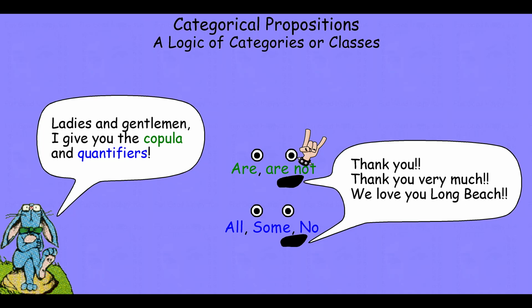The amount of the subject class that's being included in or excluded from the predicate class will be determined by the quantifier. We have two universal quantifiers: every member of the subject class, all; no members of the subject class, no. All the quantities in between, from 100 to 10,000 to 3 to just 1, are covered by the third quantifier, some. And we'll understand some as there is at least one.